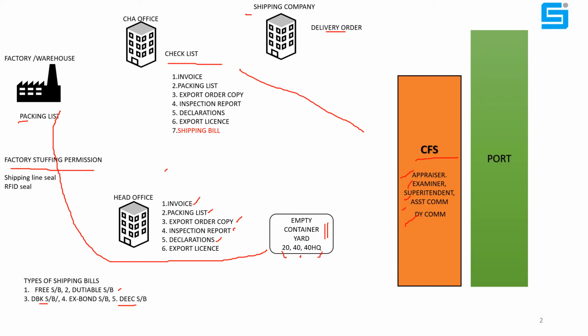Here he brings all the documents to the CFS, where actual customs clearance is done. Okay, so meanwhile the container is already moving to our CFS. There are two ways it can come to the CFS, or it can go directly to the port. I will explain both methods to you shortly. But please remember, the container is moved to the export office.